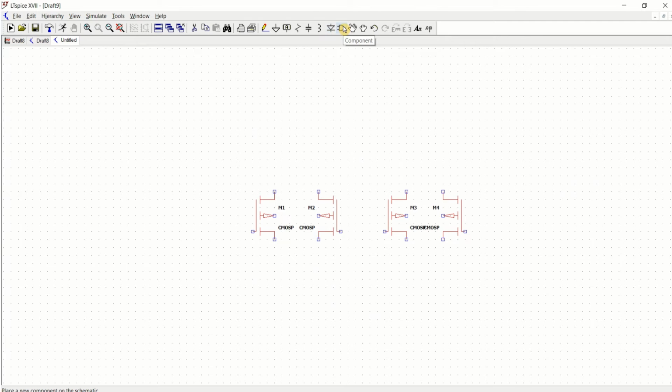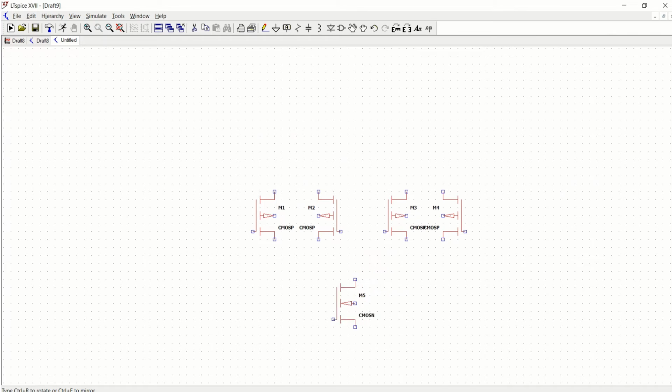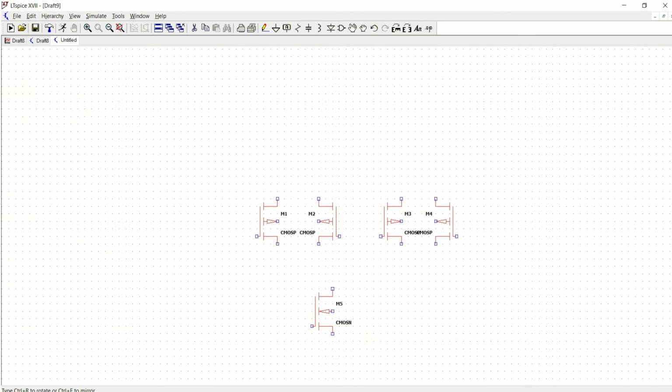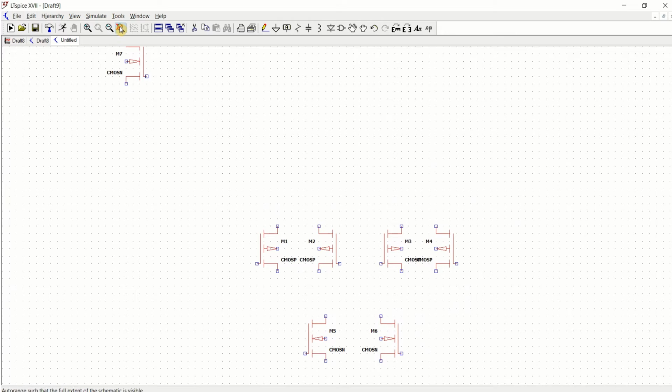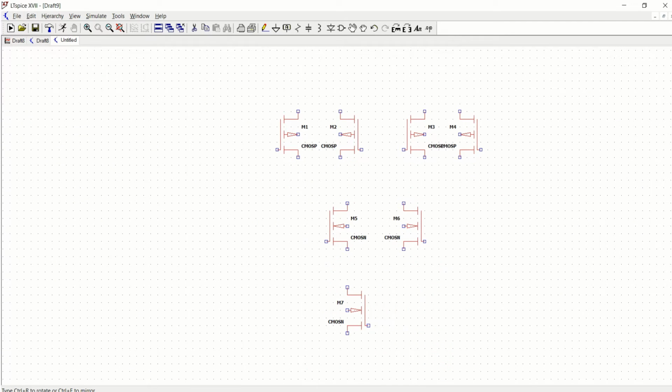So for that, select the component to be CMOS N. So use the NMOS, use Control E for mirroring about the x-axis, and you can place one more.